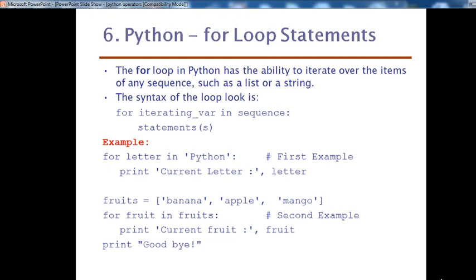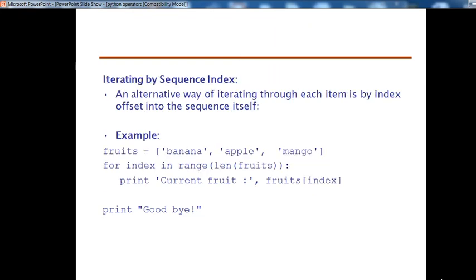First example, print current letter and letter. Fruits, what are the fruits available? Banana, apple and mango. for fruit in fruits: that is the syntax. Then print current fruit. Finally, iterating by sequence index is an alternative way of iterating through each item, by index offset into the sequence itself.